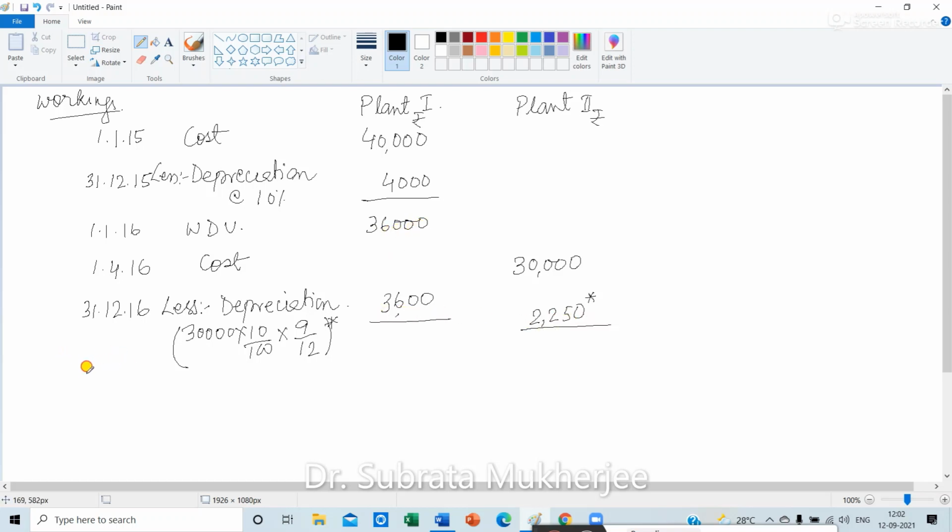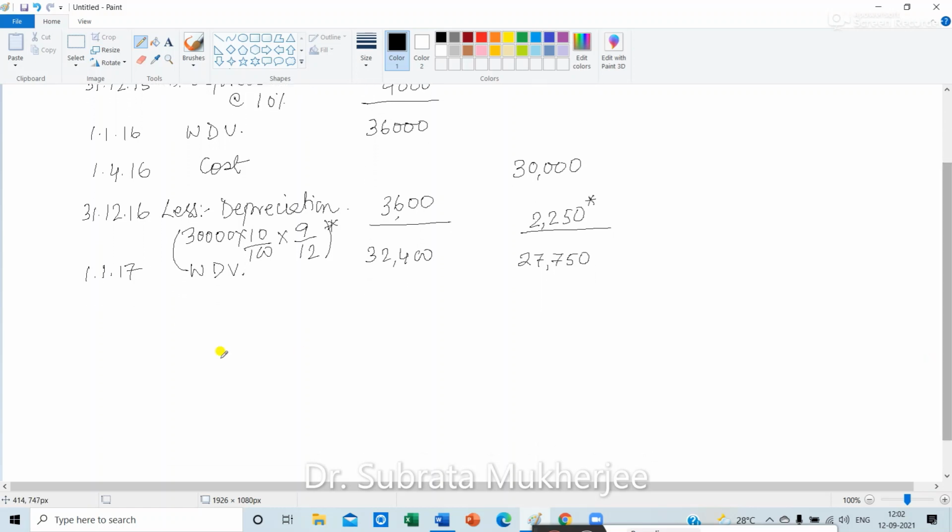So what is the written down value on 1st January 2017? The written down value for plant 1 is 32,400 and for plant 2 it is 27,750. So this is the written down value on 1st January 2017. On 30th June 2017, plant 1 was sold out, so I need to charge depreciation on plant 1 up to that date. Depreciation at the rate 10% will be